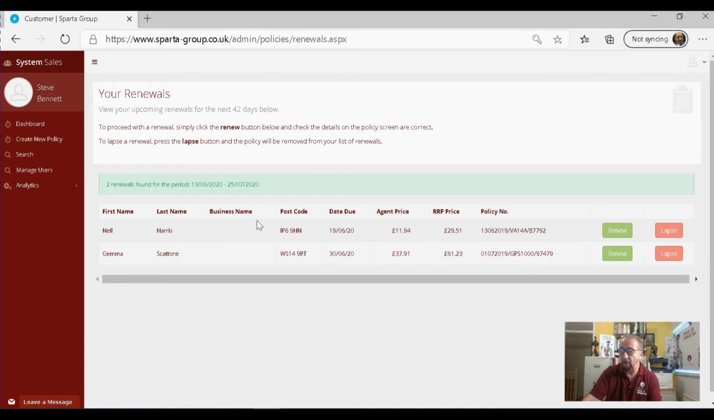Now this gives you the option to either renew the policy or lapse it. So if we look at this first one, in the name of Neil Hands, I can see from the policy number that it's a vehicle assist policy, and I can tell that from the VA that's there. So that's a replacement vehicle policy. And if I click renew,